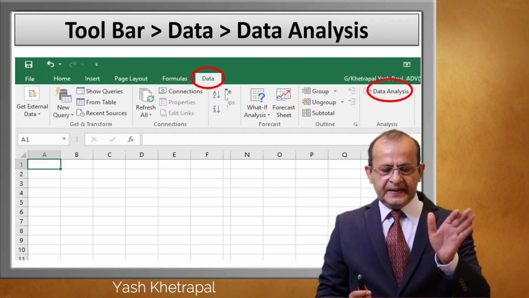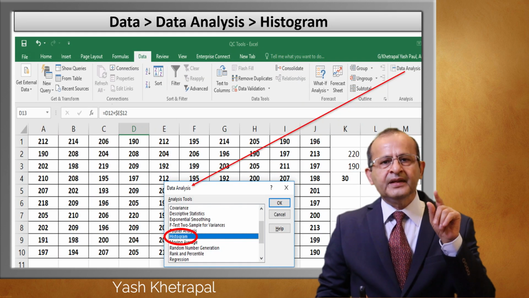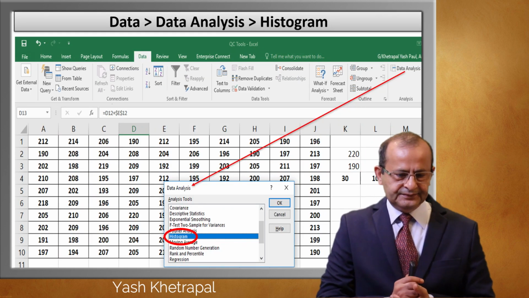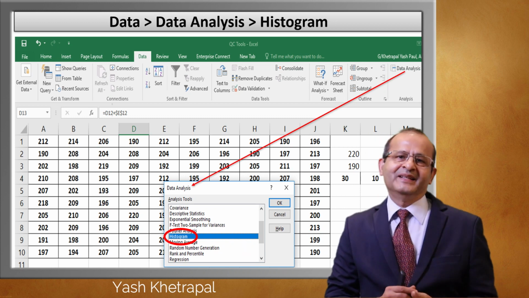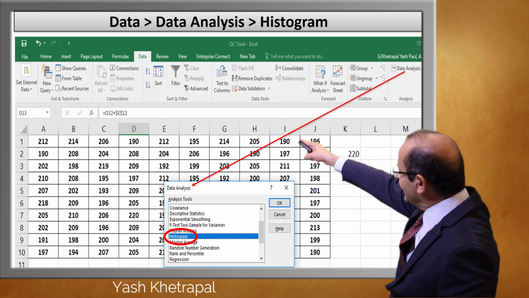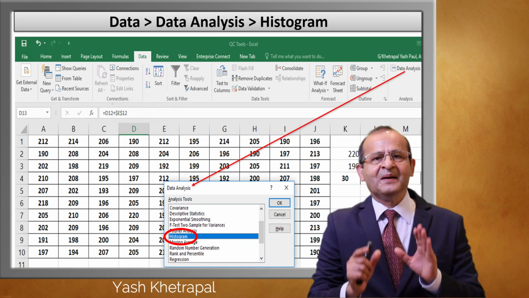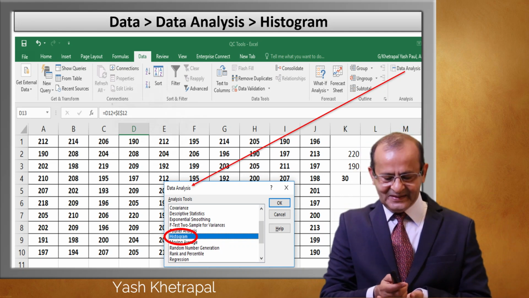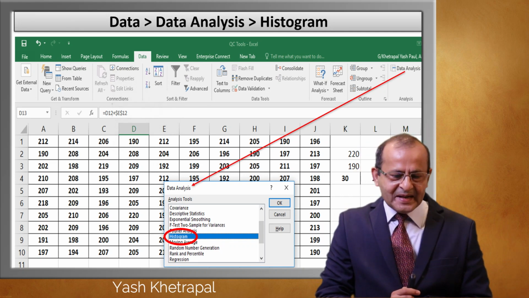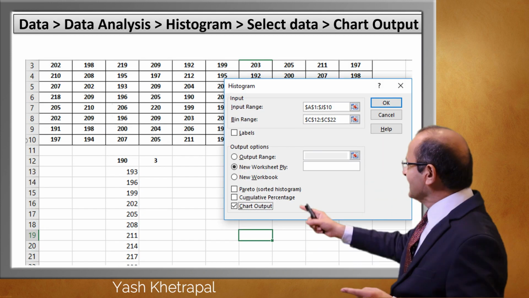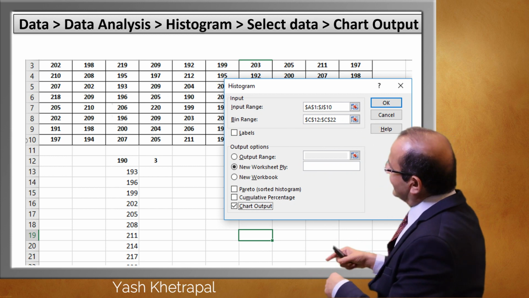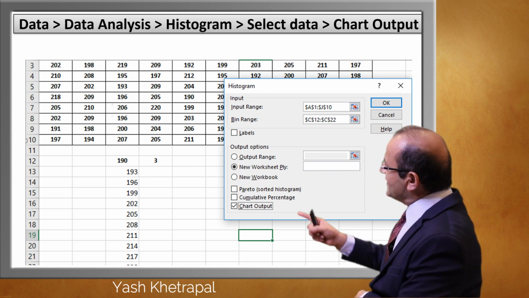Now we are ready for the histogram. Click Data Analysis, and there are multiple statistical tool options; one option is Histogram. Please click Histogram. The moment you click it, one more menu opens up. It is asking for your input data.